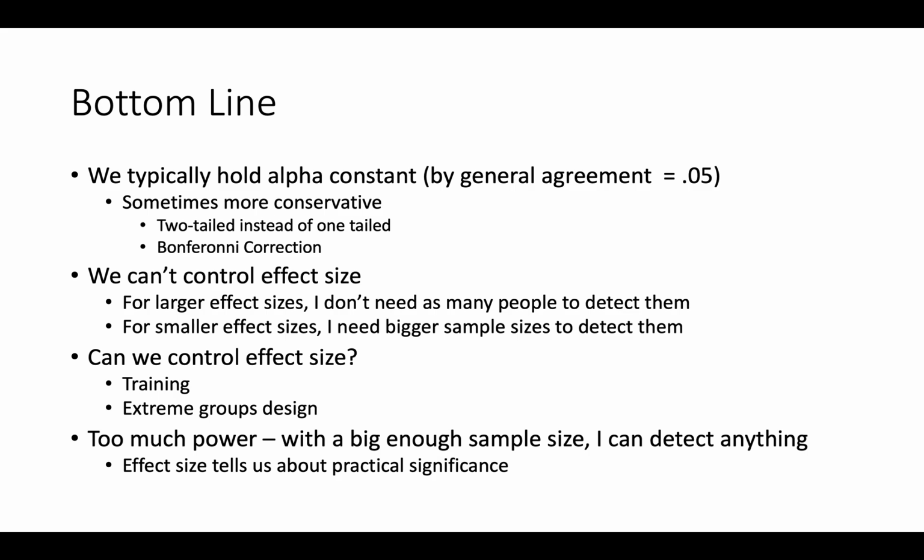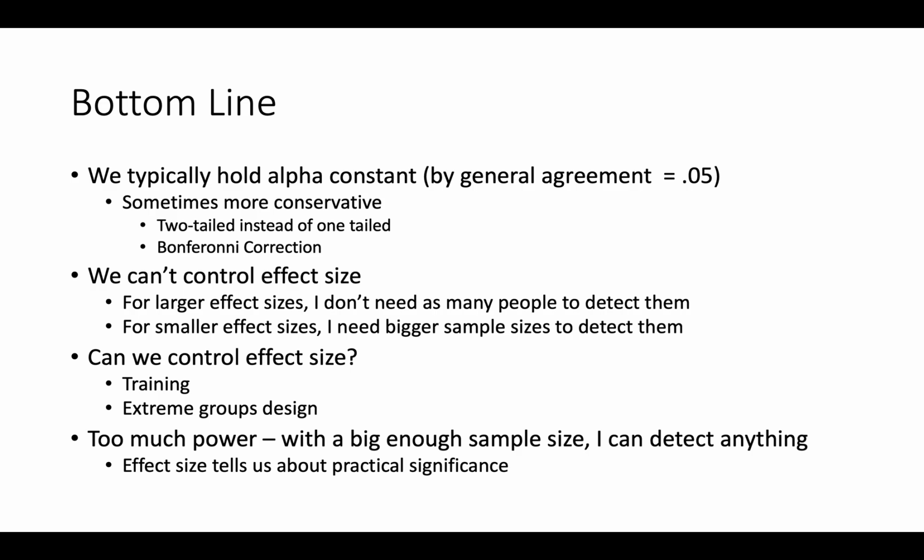Now, there are times when we're more conservative, right? So we learned last semester that when we do a one-tailed test instead of a two-tailed test, we still take the more conservative approach. So our rejection region is still the two-tailed rejection region, even if we're just doing a one-tailed test, right? Because a one-tailed test with a larger rejection region just kind of gets us out of some stuff. So that's an example of being more conservative, where our tail is actually half of what we thought it would be. Or we learned when we talked about ANOVA, the Bonferroni correction, right, where we